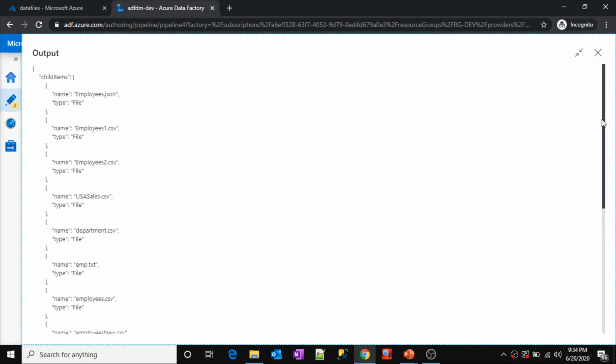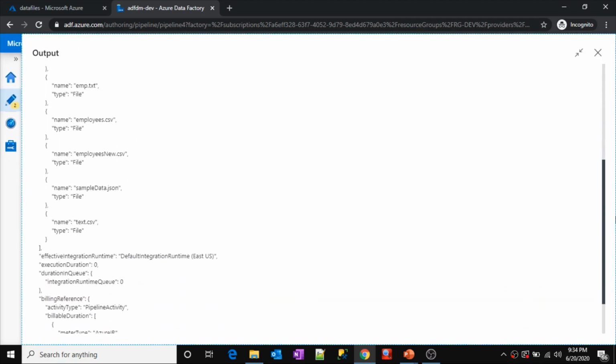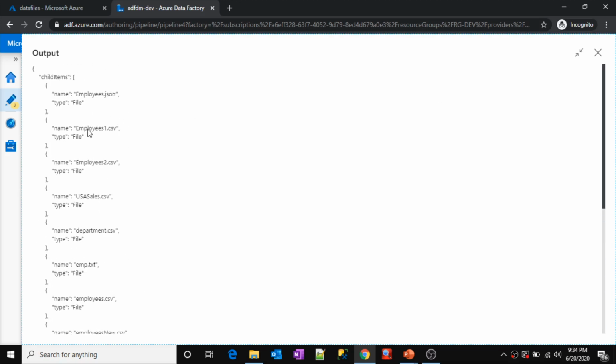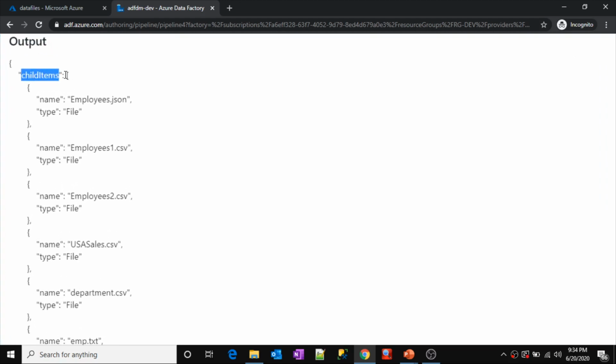Every activity will have one input and one output, and both will be available in this JSON format. Now there might be cases where you want these values. Inside my get metadata activity output JSON, I have a child items property, which is an array, and that array has multiple JSON objects.